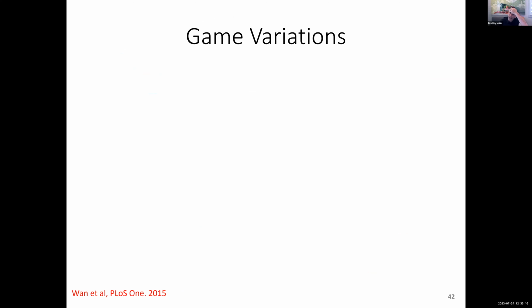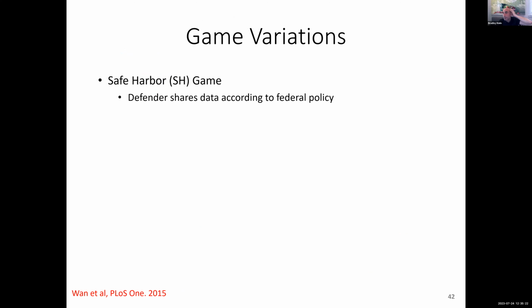So I'm going to give you an example of how this can work based on some of our older stuff. I'm going to show you a couple different game variations and how to think about this. So one is what I refer to as the safe harbor game. This is what a lot of people are familiar with from HIPAA, where it says, hey, there's 18 things you need to remove. And if you remove those 18 things, you're good to go. You don't even need to measure risk. That's what a lot of institutional review boards are familiar with. We'll look at how that plays out.